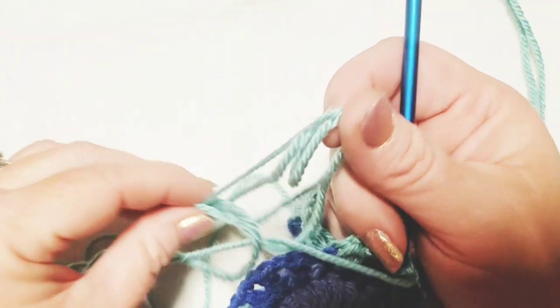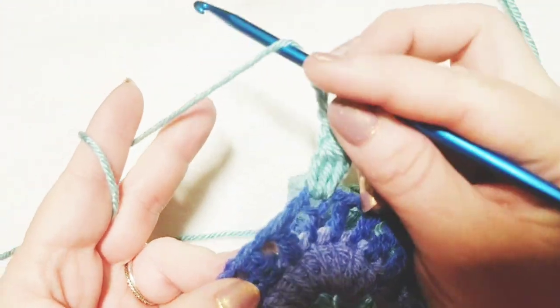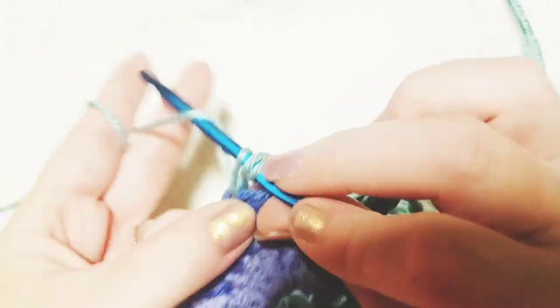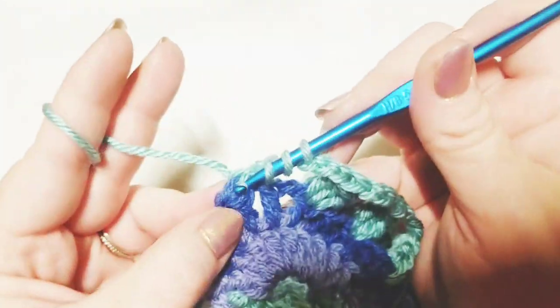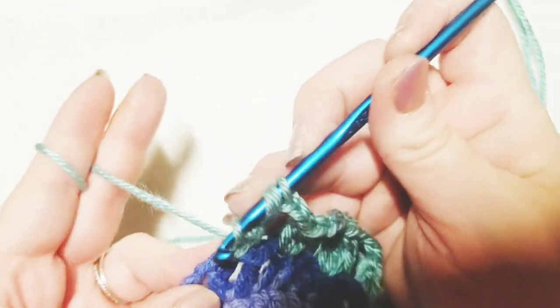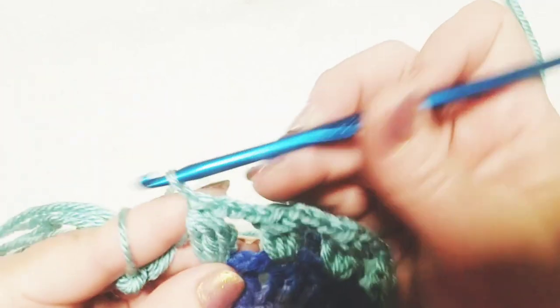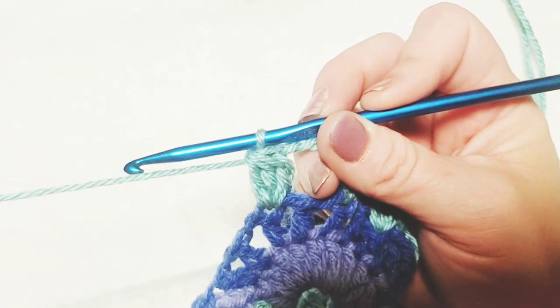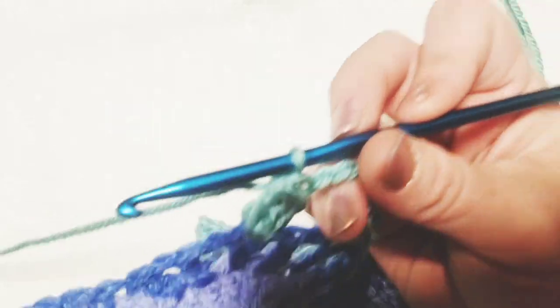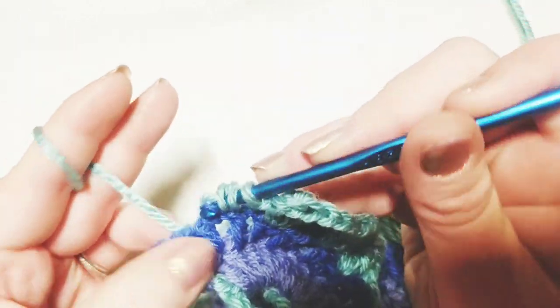Sorry, yarn's gotten a little tangled up. Gonna go ahead and skip the next stitch and go into this stitch, doing another cluster. Oops, don't pull through too many. And we are about to lay it down in just one moment. Kind of fighting with my yarn a little bit here. I've got one more that I'm gonna do so that I can lay this down and show you how this works out in this case,